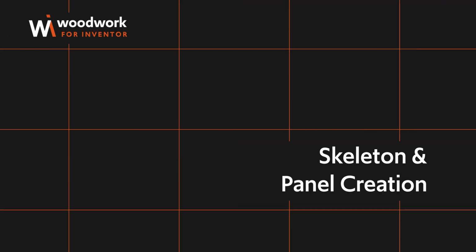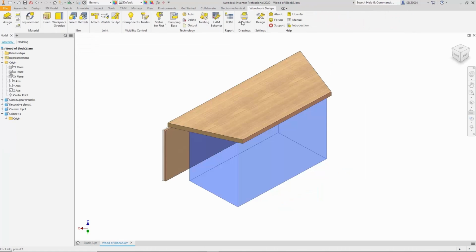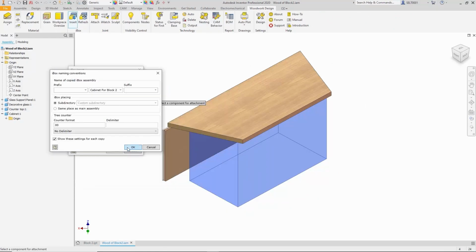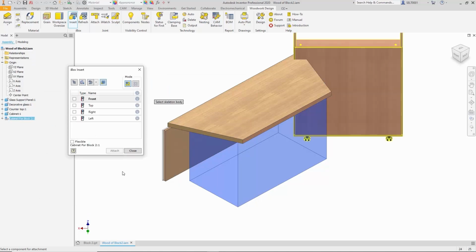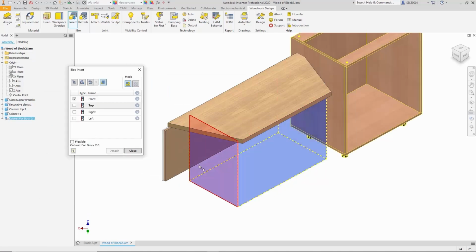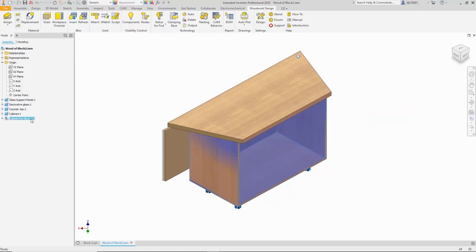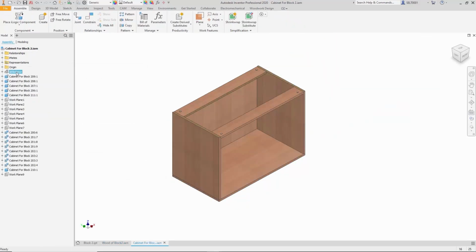Skeleton and panel creation. Next, using the Insert function in Woodwork for Inventor, we find the right template and insert it into the block. We define the front face and attach it to the appropriate side. Then, we open the Cabinet for Block 2 skeleton